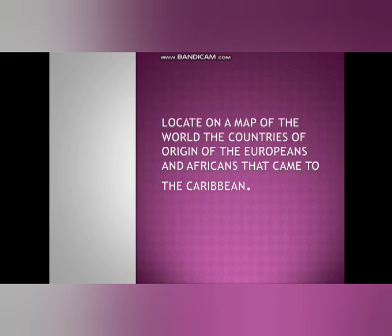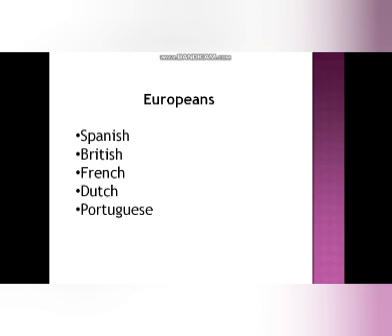So in the previous class, we learned that the Europeans that came to the Caribbean are the Spanish, British, French, Dutch, and Portuguese. So these are the major European groups that came to the Caribbean. All right. So let us look at the Spanish. So the Spanish